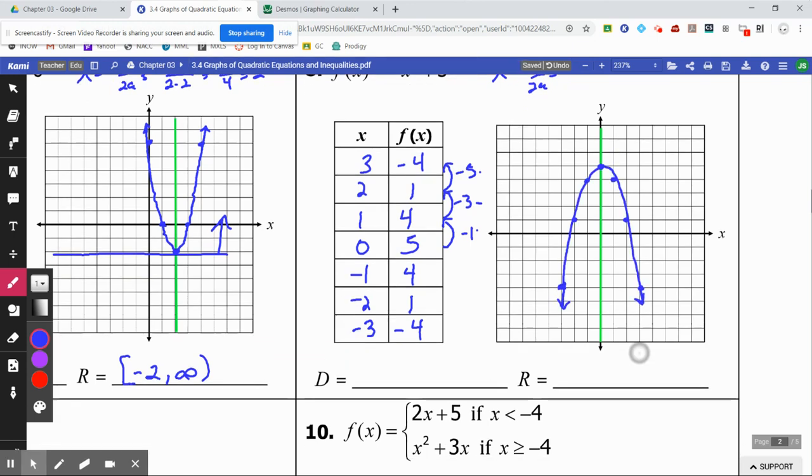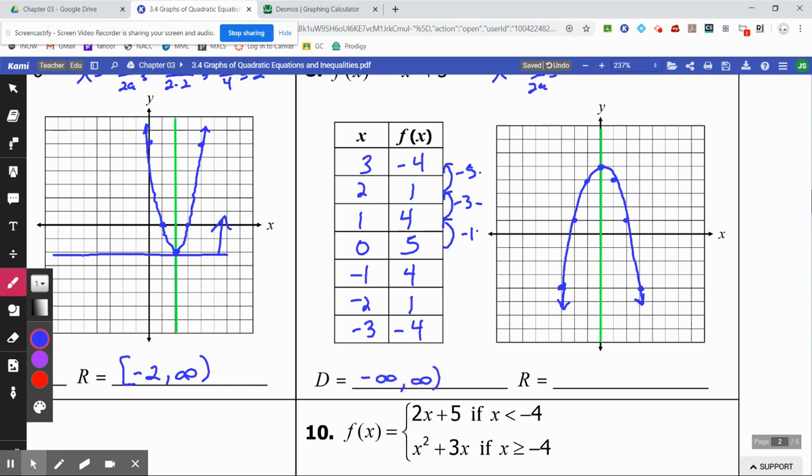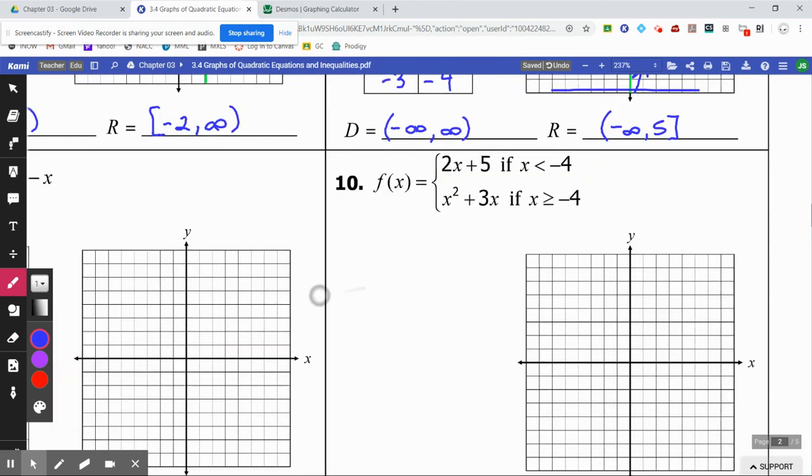And there's your graph. So your domain is what you can plug in, so negative infinity to positive infinity. There's no exclusions. Your range starts, again, where do you hit your graph? This graph extends down forever, and it stops here at that maximum value, and that maximum value was 5. So negative infinity up to 5. Number 9,